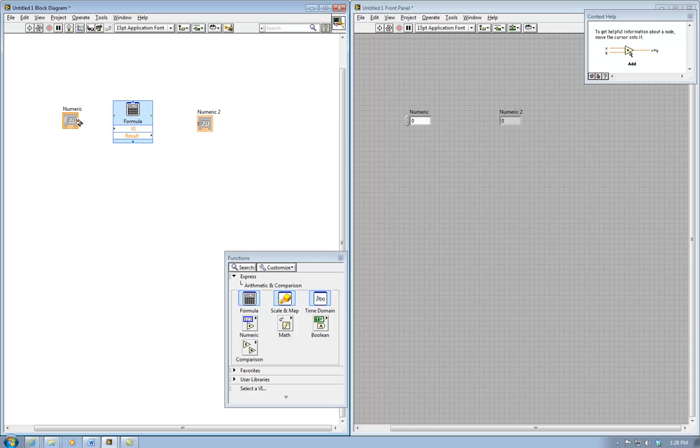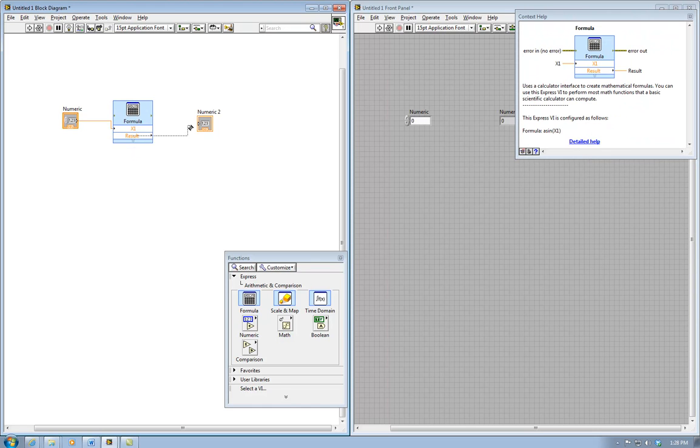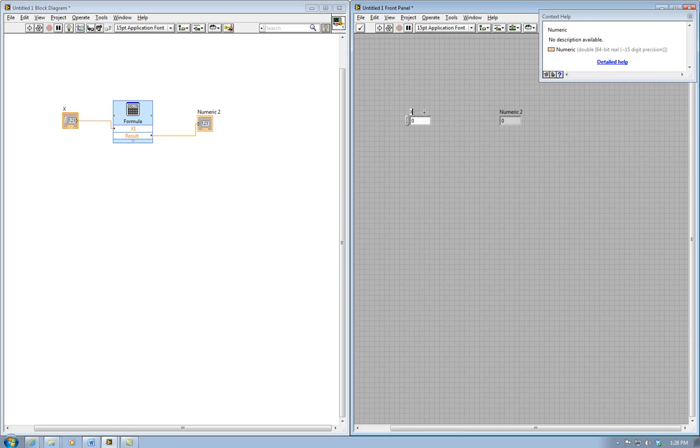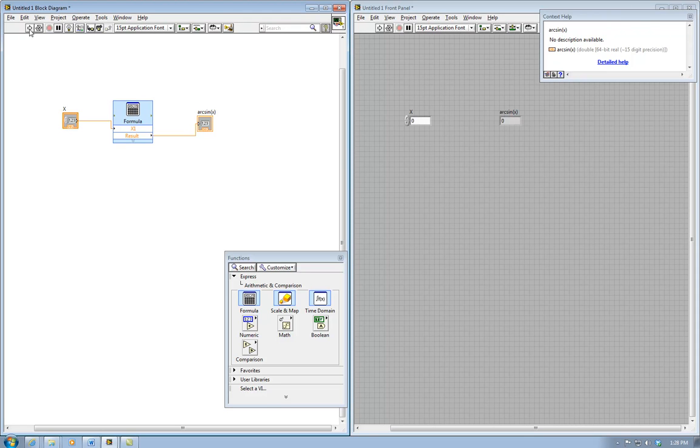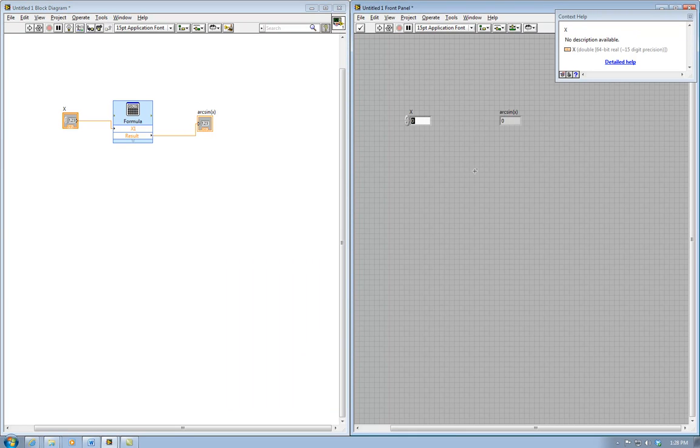Okay. So now when I execute this, the output, this is x, and this is arcsine of x. And the angle whose sine is 0 is 0. If I put in 1.57 here, sorry, x can't be bigger than 1. 0.5, I get some number, and now I'm suspicious because I know the angle whose sine is 0.5 is